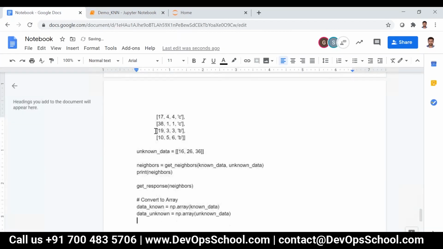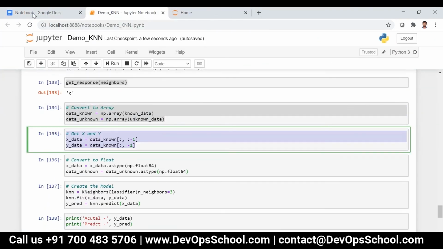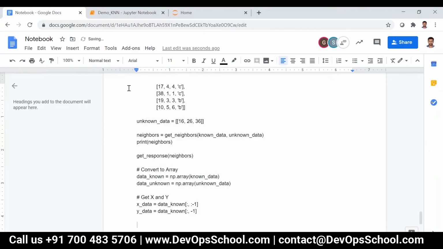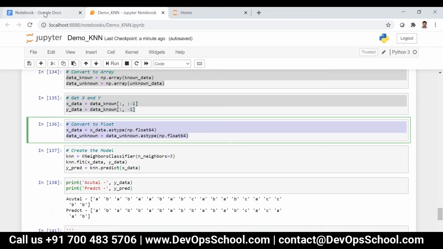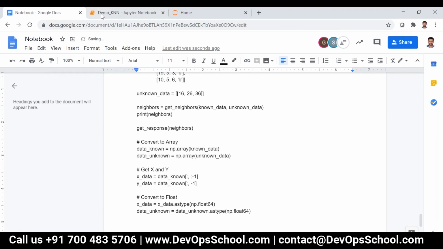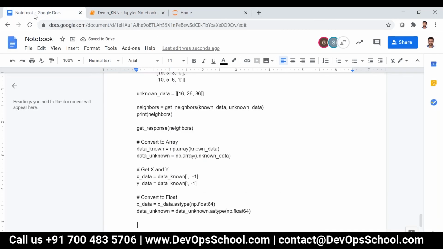Okay, so we need to predict it, right? So let me predict it and then I will convert to this one. So I should get the output as C. Only then our model is working fine.